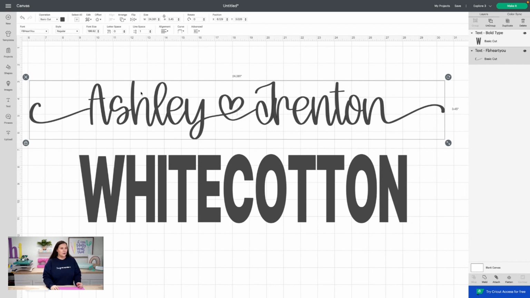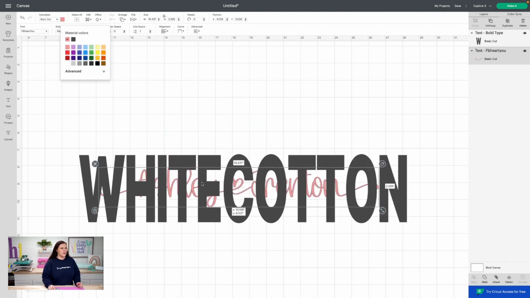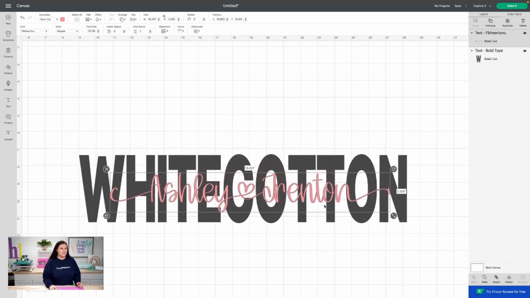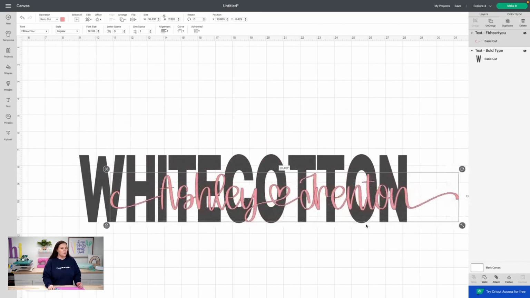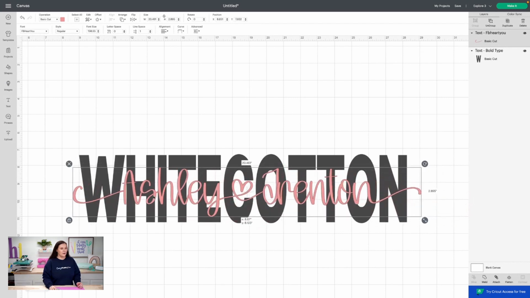Now what we're going to do is shrink this down, and I'm going to bring it in, let's do pink just so we can visually see here. What I need to do is go to arrange, and we are going to send to the front. As you can see here, I'm going to size it out because I want those glyphs, the little swoops, to be going on the outside. I think this looks good. So I'm centering that in the design there, just like so.